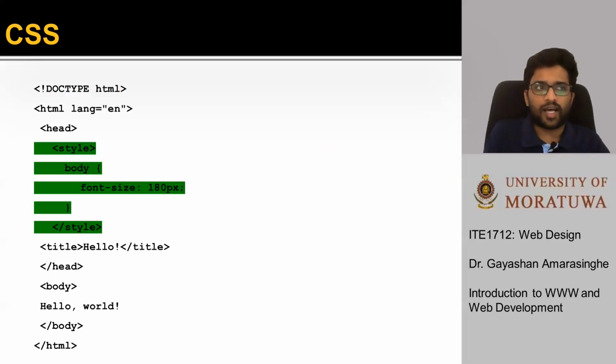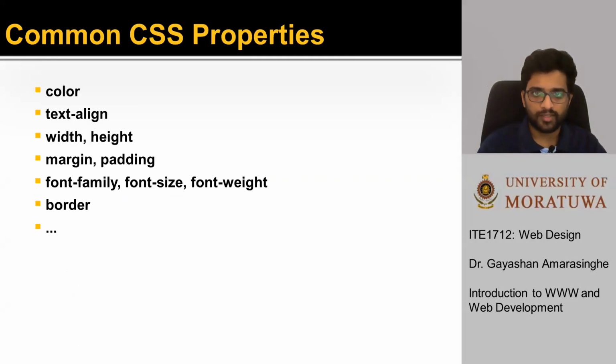Okay, so that is how it would look when you add styling using CSS to a web page. There are many common CSS properties that you can add to a web page. We'll be discussing these later in this lecture series. These are some of those CSS properties that you can use. You can change the color, the alignment of text, width, height, and you can add properties to the font. You can add padding, margin, borders. You can do various things to make it look like something else. So you can change the style of the web page using these CSS properties.